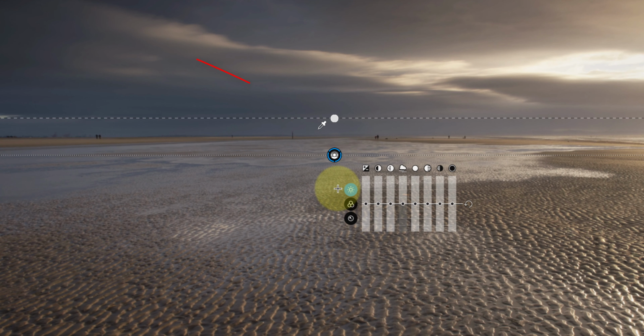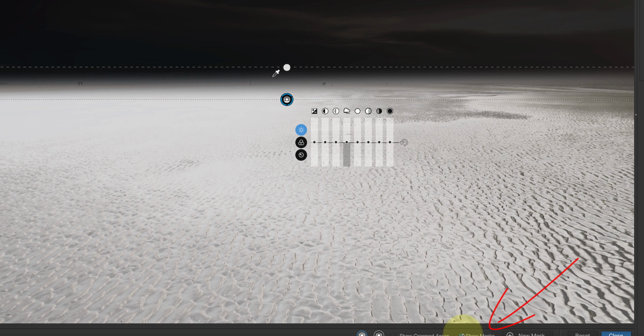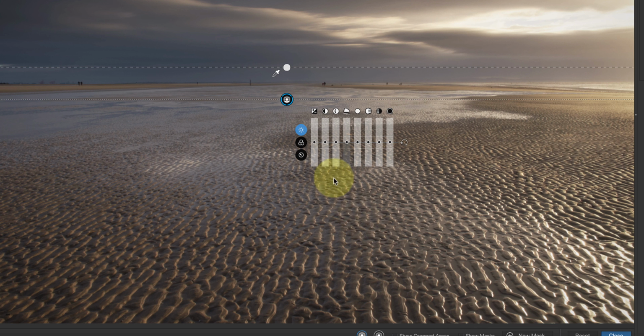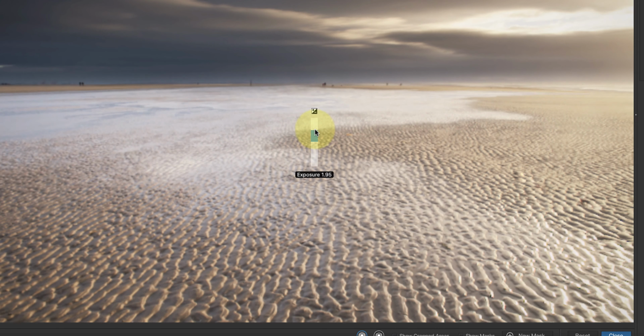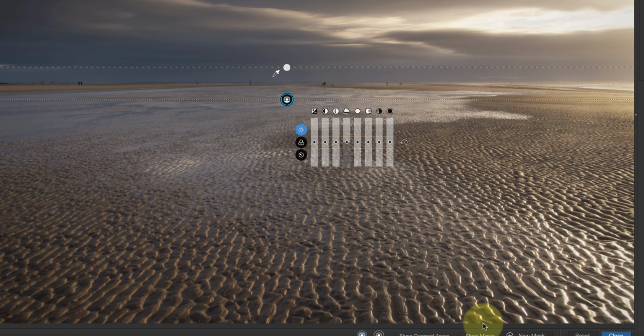Now notice, there's a small eyedropper icon which is a sampling tool attached to the control line. Each control line has one of these, and it's one of the features that makes the control line such a powerful editing tool. To see what it does, let's turn on the mask view. You can now see the mask with the white areas showing what's being selected by the control line. If I turn off the mask and increase the exposure, you can see how it's affecting those white areas but not the others. Let's turn on the mask again so I can show you what the sampling tool does.